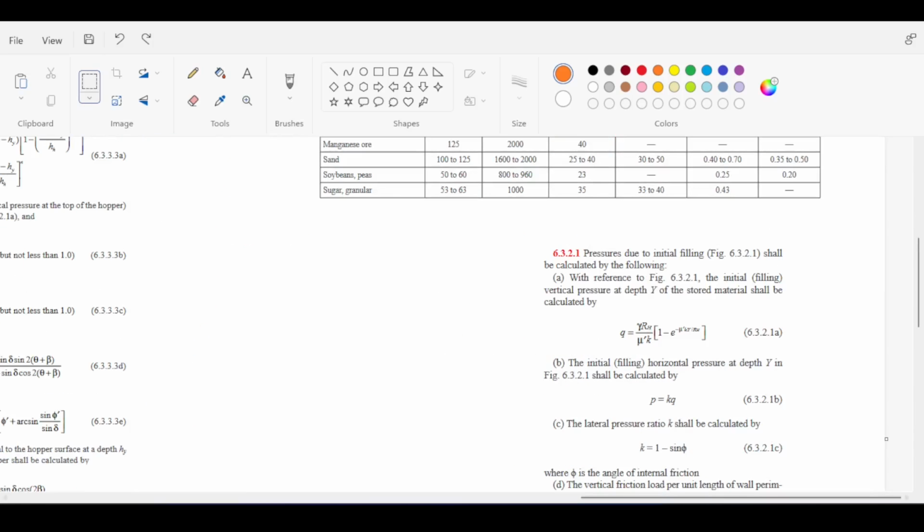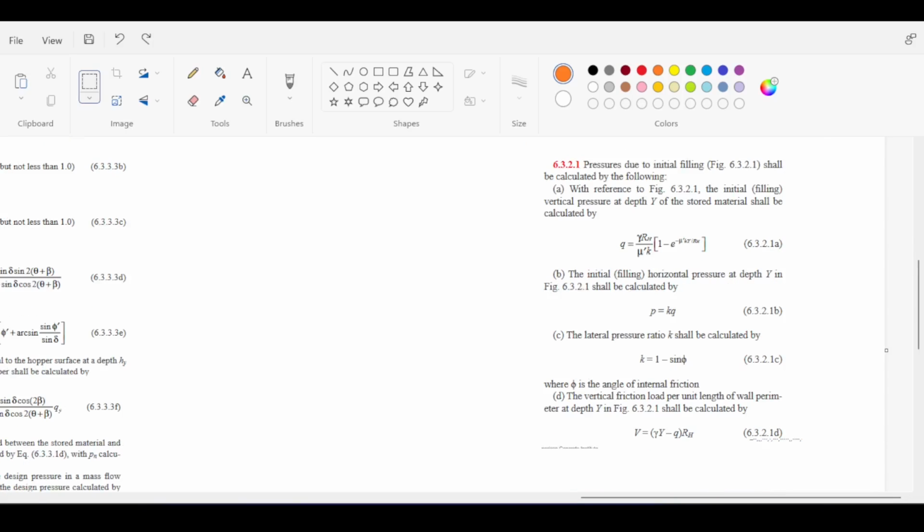All right, so about the loads. Now I will give another video about the loads, and maybe it's video 3, because the second video will be the start of the modeling. But just to give you a small idea, there are multiple loads that you need to take into account when you design silos. The first thing is the pressure due to initial filling, meaning the silo is empty, and now you want to fill it. When you fill the silo, after you finish filling, basically, you have loads on the silo, and those loads change